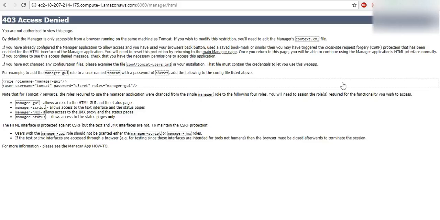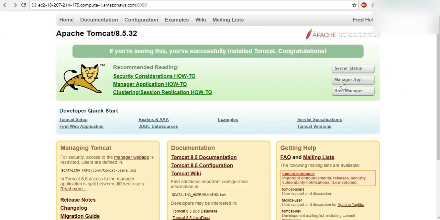So I'll just cut it short. Know that after Tomcat 8, you have to change something in the manager's file. Up to Tomcat 7, 7.5, just changing this will show the manager. But now they have made it a little bit more secure, because if you are using localhost, then it will work. But if you are doing it using an IP from a different system, then it will not show you.